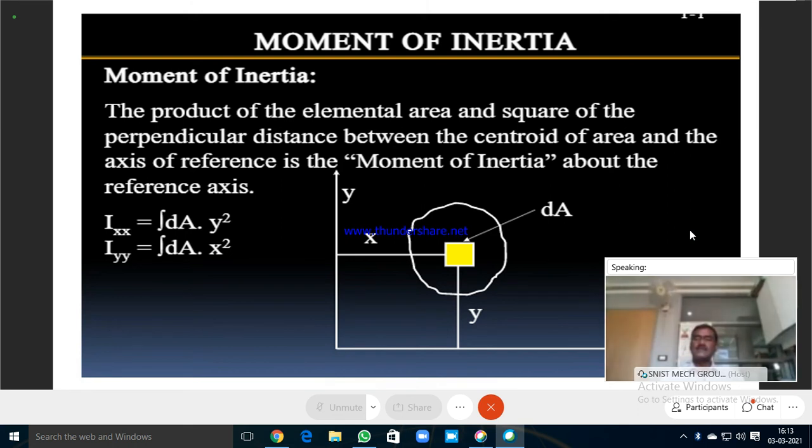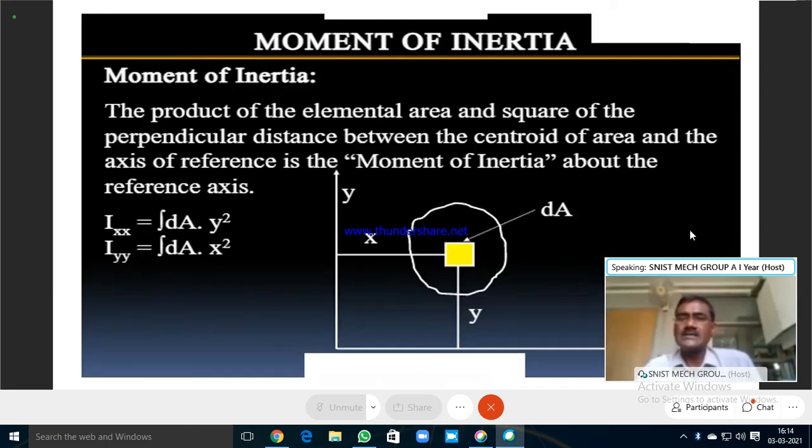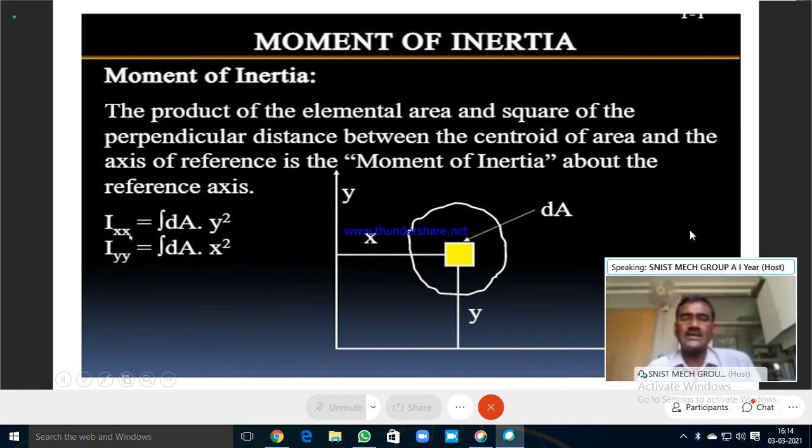Shall I proceed? Yes, of course. We have just taken this slide. You can use even a single subscript also, nothing wrong in this, Ixx or Ix. Ixx or I with a single subscript is also valid. That is also a standard symbol for the moment of inertia. I stands for inertia, moment of inertia, area moment of inertia. Area is with respect to an area, cross-section area, surface area, right? You can use Ixx or a single subscript, Iyy or Iy.